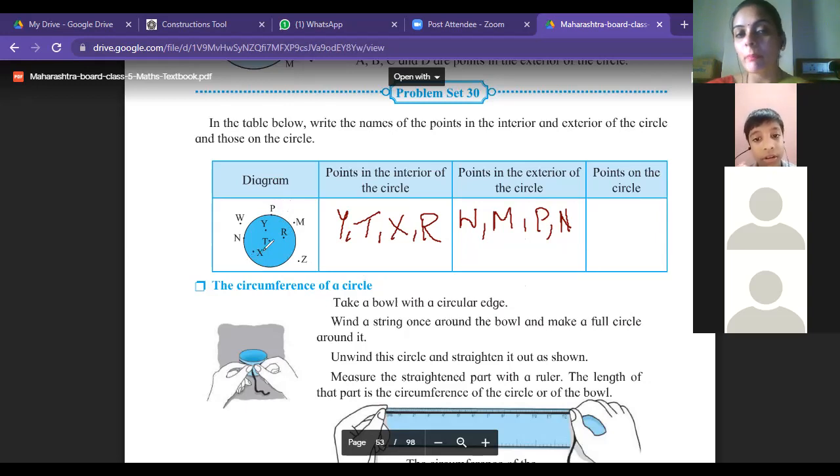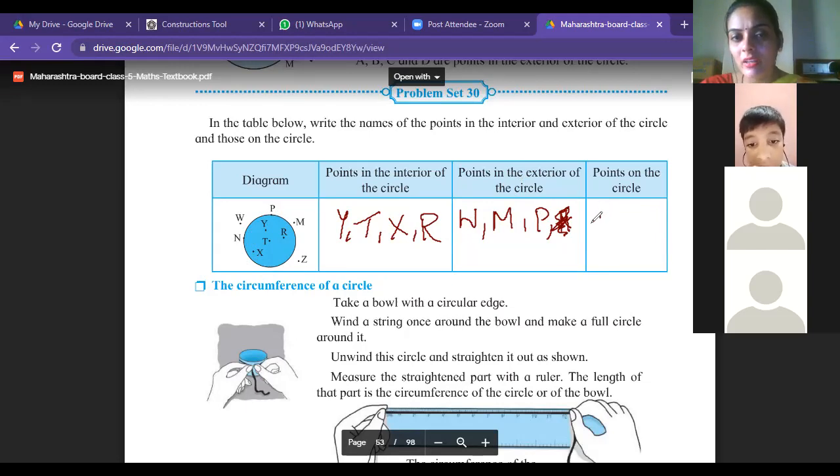अभी यहाँ देखो जो भी पॉइंट अंदर है ना सर्कल के, दैट इज कॉल्ड इंटीरियर, जो अंदर है. और जो बाहर है दैट इज W, M, Z. ओके, हाउ अली, इट इज N over here. एंड विच आर ऑन, मतलब ये जो सर्कमफरेंस के ऊपर है ना, दैट इज कॉल्ड ऑन द सर्कल. सो दिस केदार, नाउ टेल मी विच पॉइंट्स आर देयर ऑन द सर्कल. सर्कमफरेंस के ऊपर जो रहेगा वो होगा ऑन द सर्कल. विच इज कंप्लीटली आउटसाइड द सर्कल, दैट इज एक्सटीरियर. विच इज कंप्लीटली इनसाइड. So P and N.